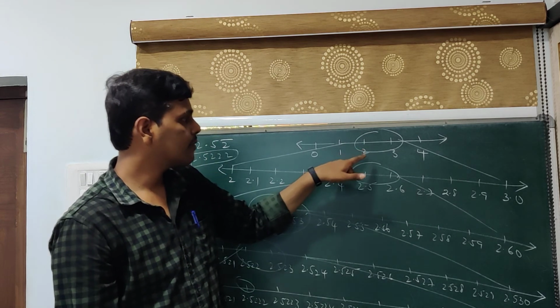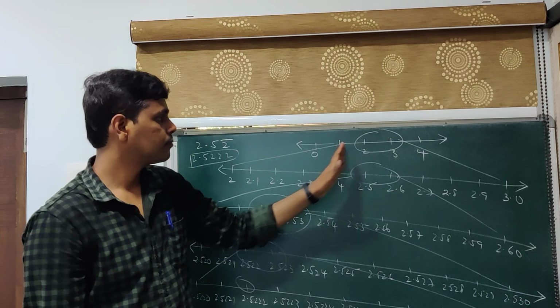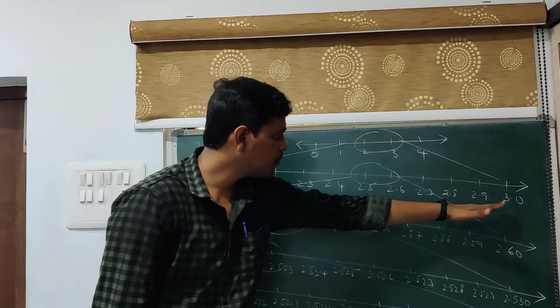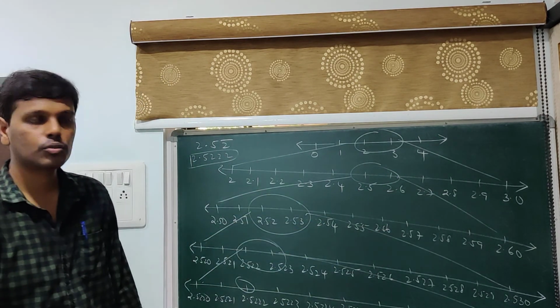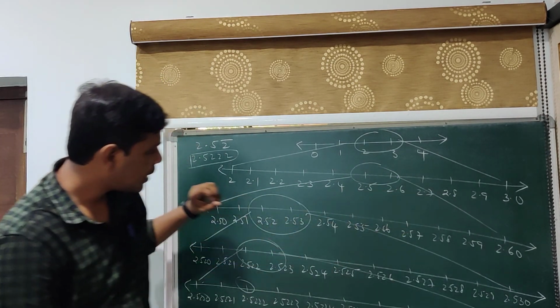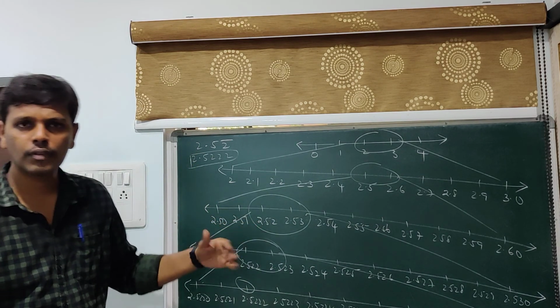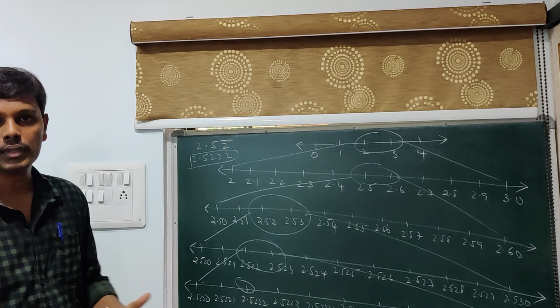Now every time I am looking at the same, I am thinking of where does this number lie between. It lies between 2 and 3. I have magnified it. Again I am thinking of between which two numbers that number lies. So I found that it lies between those two numbers. Again I have magnified, and again I thought of between which two numbers the given number lies. I am repeating the same process till the time I get the required number.